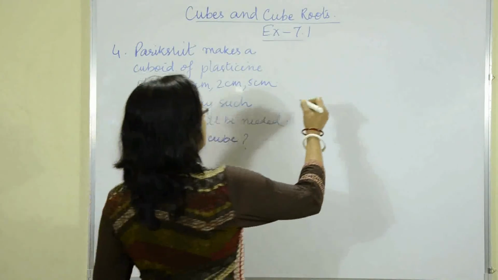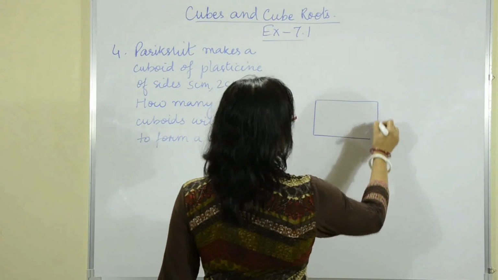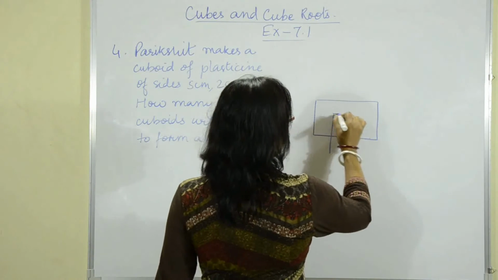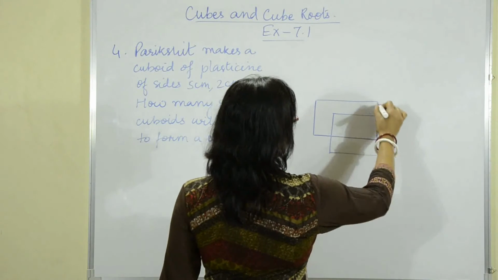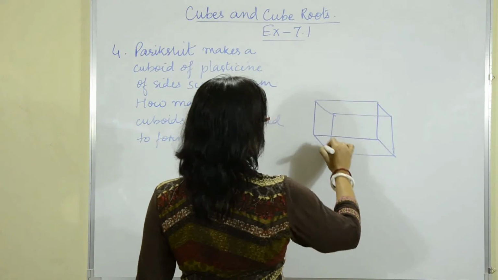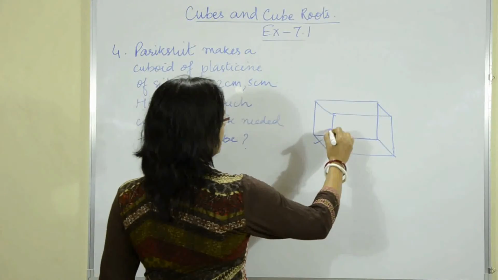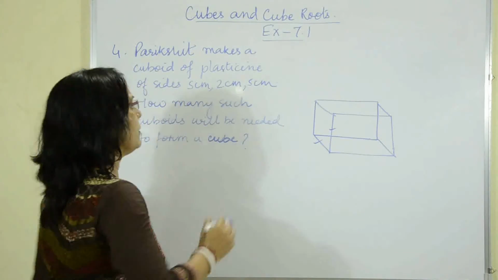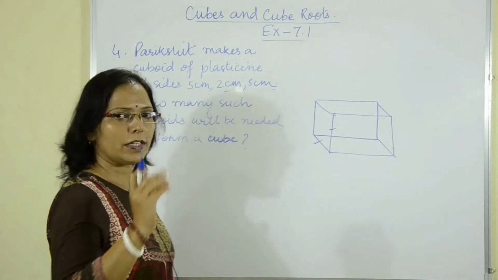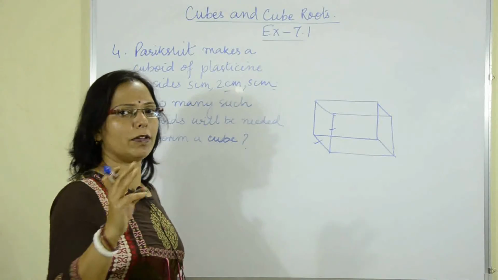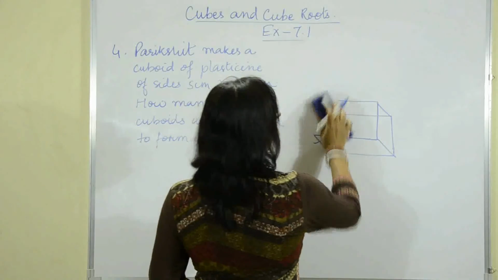Okay. So, what is a cuboid? First of all, it is something like this, right? It is rectangular in shape. This is what a cuboid is, is it not? But here 2 of the sides are equal, because 2 are 5 and the third one is 2. So, 2 dimensions are equal, but the third dimension is not the same.